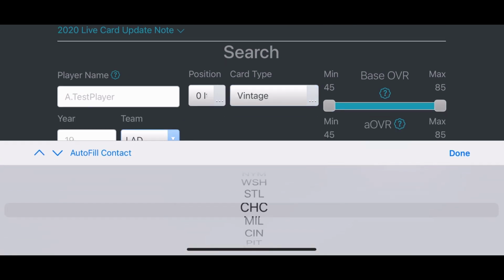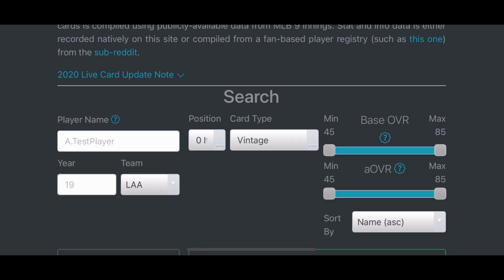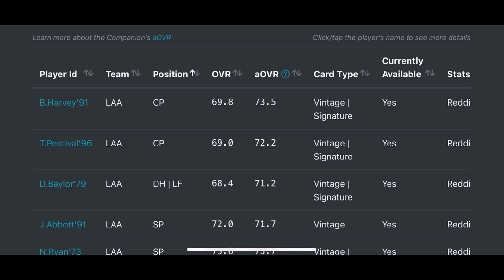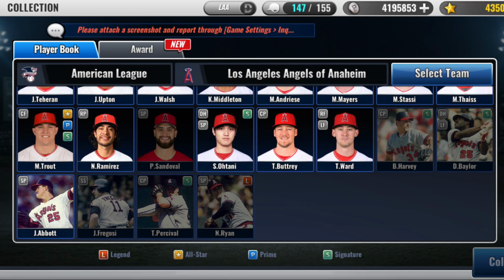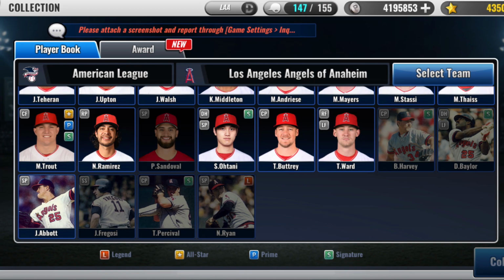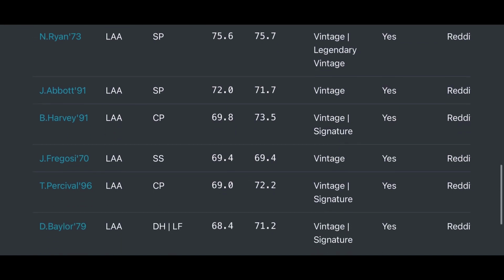All right, I'm going to look at the Angels, and it's going to say there are 6 players. And we know that's true because when we go back to the player book, you can see 6 players, Angels, vintage. So I'd always double check because sometimes this list is not 100% accurate. But what I like about this list is that, unlike